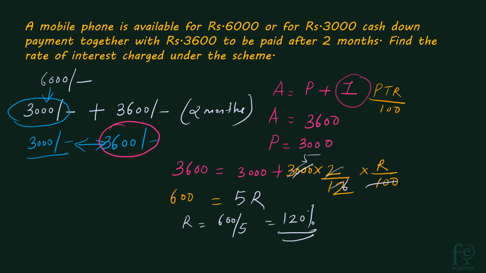So whenever you are going for a down payment, you have to calculate the rate of interest. Here you can see 120% is a huge rate of interest. So just for getting a time period of 2 months, you are giving an interest of 120%. So whenever a down payment is involved, you calculate the rate of interest and then you can decide whether you have to go for a down payment or a full cash payment.